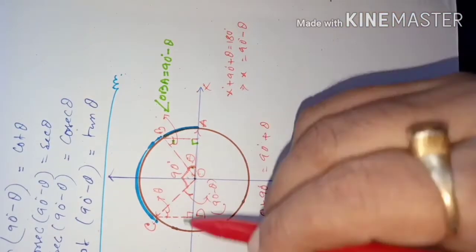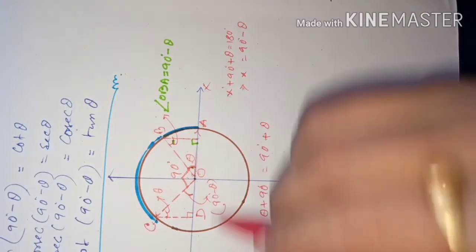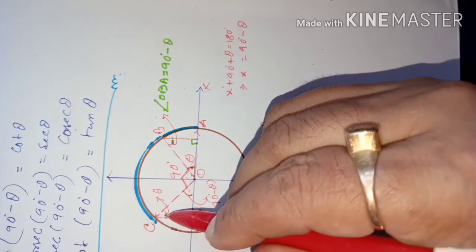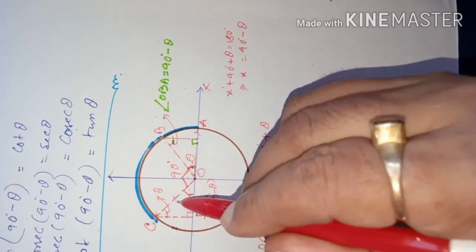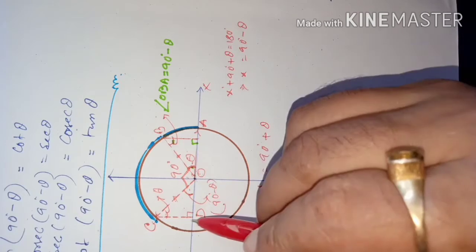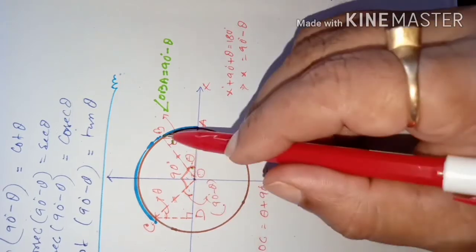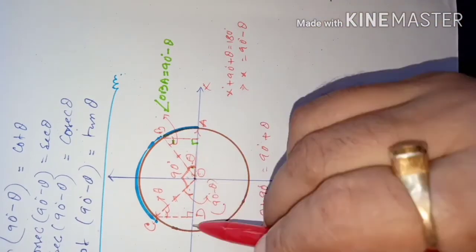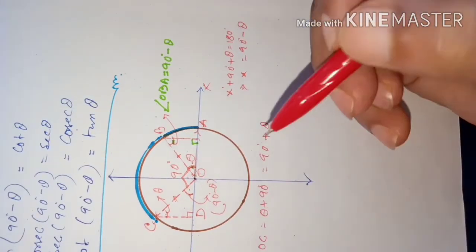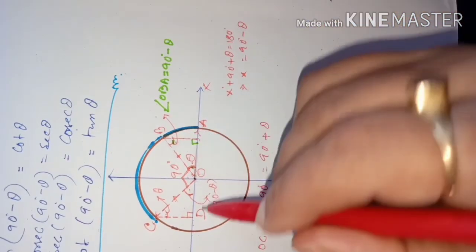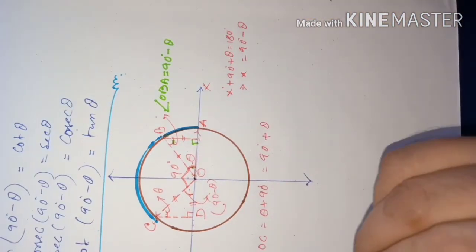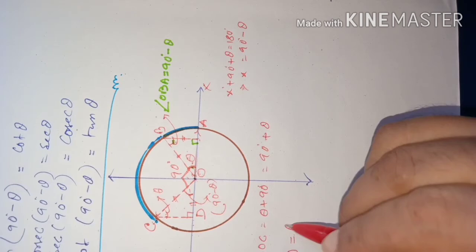Now dear students, you see these two triangles will be congruent this way. This angle is equal to this angle, this angle equal to this angle, and this hypotenuse equal to this hypotenuse, radii of the same circle. Therefore, triangle ODC and triangle BAO are congruent triangles. Here this angle equal to this angle, therefore, OD is equal to BA. So our conclusion will be OD equal to BA.